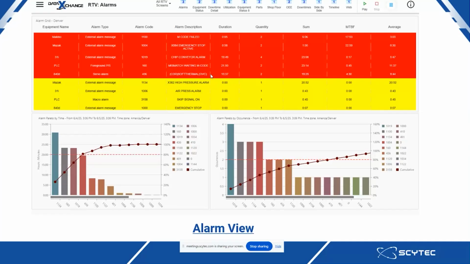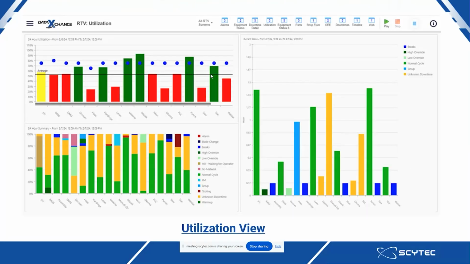I went over the RTV as the alarm view inside of the RTV as well. But yeah, this is also a very common RTV screen showing you all of the different alarms. And then finally, we have our utilization view, which can show you things like a 24-hour summary of all the